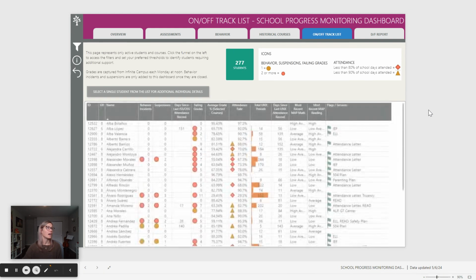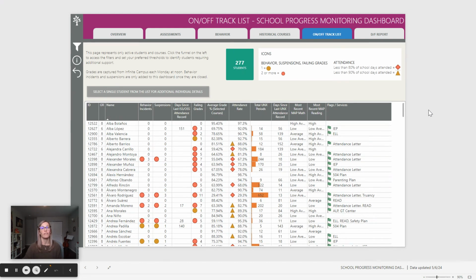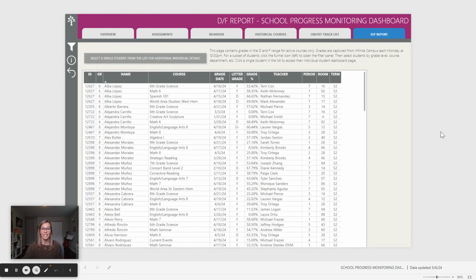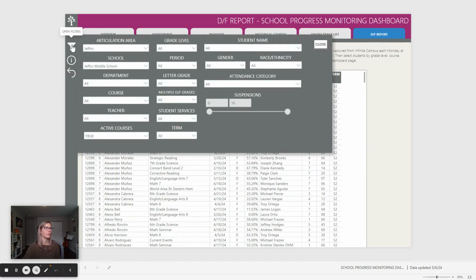So this is a list of all of the students in the school with things like behavior issues, suspensions, the number of days since their last suspension, the number of courses that they're failing, flags that they are receiving, etc. And then we also have the DNF report, which is exactly the same as what you've seen in previous versions of this dashboard. Again, as a reminder, that filter pop-out panel is available on each of the pages. And for the most part, when you select particular filters, those will remain as you move through the different tabs